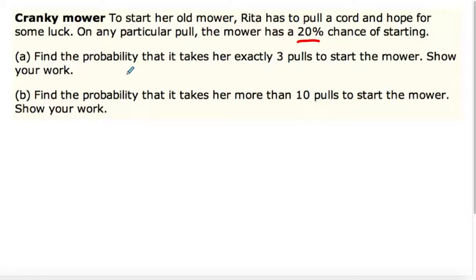Each pull is independent. There's no set number of pulls, though. Nowhere does it say she's going to pull the mower cord a certain amount of times. There is a probability of success, though. It's right here, 20%. So this is geometric because there's no set number of trials. If we want to find the probability that it takes her exactly 3 pulls to start the mower,